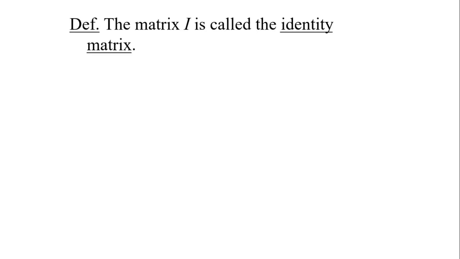Another thing we need to talk about is what's called the identity matrix. So the matrix I is called the identity matrix. It's basically kind of like the number one, but for matrices. So first of all, the identity matrix